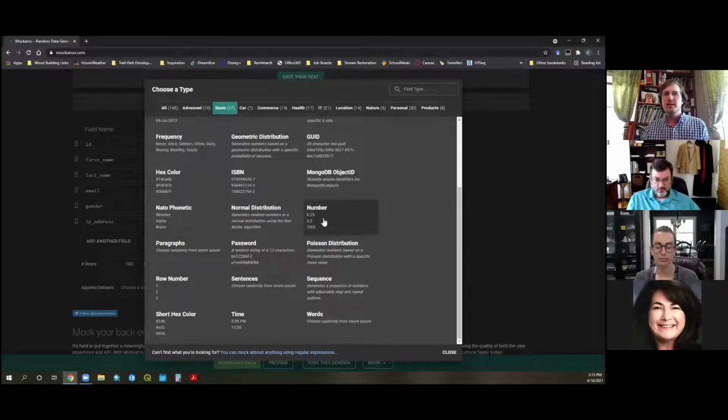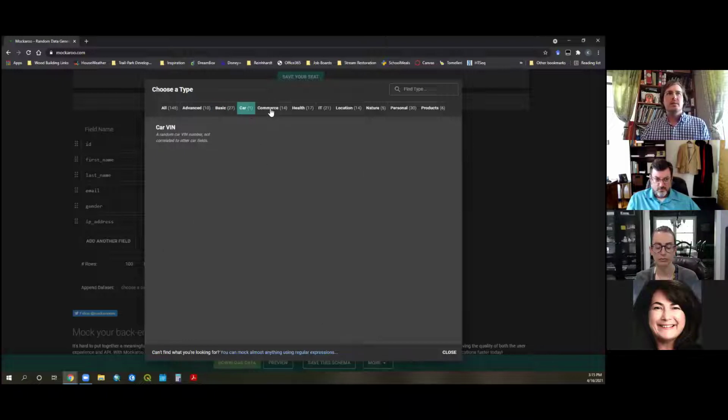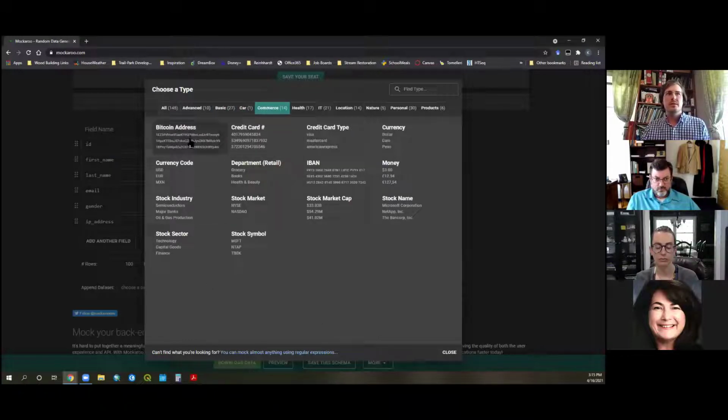And then number data can be really easily set up, and we'll play with numbers in just a few minutes. Again, there's the car data, commerce. There's even Bitcoin addresses to see if your app development or procedural stuff can handle Bitcoin addresses. There's even stock market data that can be randomized on there.